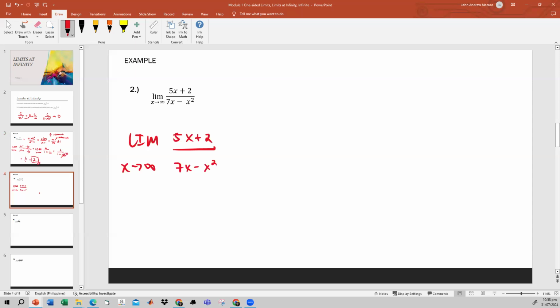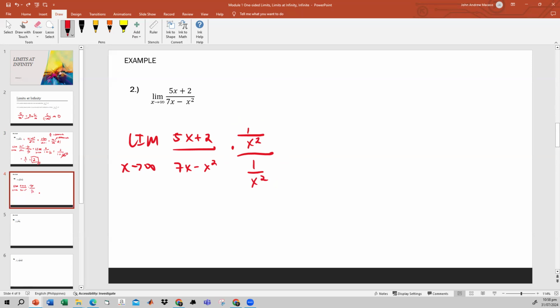So again, you just need to get the highest degree. Same goes with the first example. The highest degree is x squared. So you just need to multiply the reciprocal of the highest degree, that's 1 over x squared, over 1 over x squared as well. So again, this will lead to 1, right? So it means that you're just multiplying by 1 on this given function, no? So it won't affect the answer on this given function.